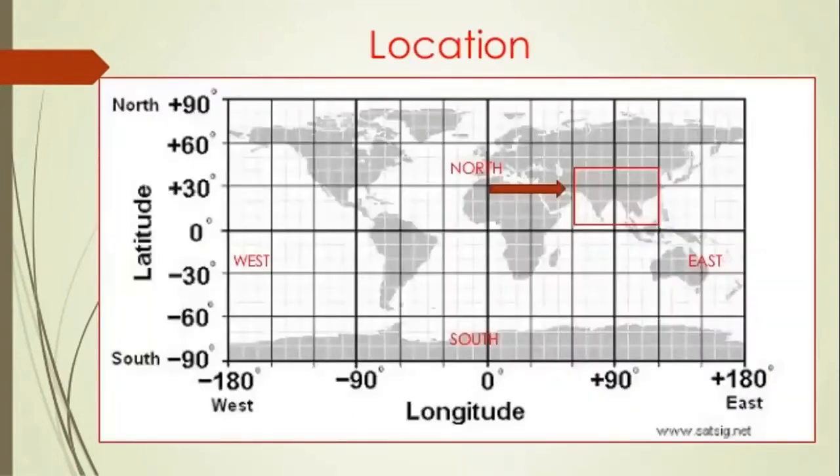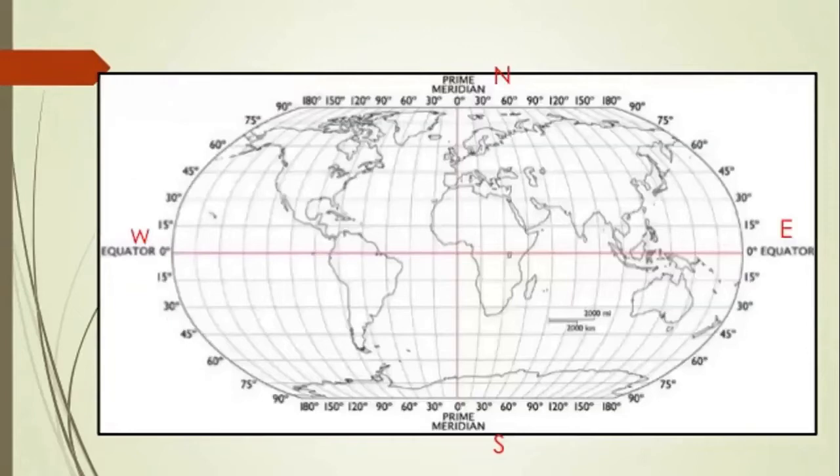Here again, we have the location of India. You should be able to easily identify India. It's the red color square over there. It lies in the northeast part. Same picture. I have taken lots of pictures to prove this to you. Right in the center, we have the prime meridian, this standing line from north to south, the one at 0 degrees. The sleeping line in the center is called the equator, which runs from west to east.